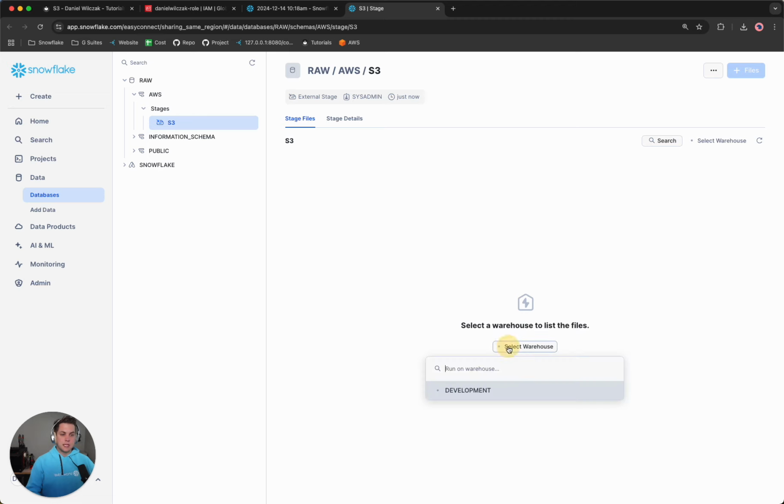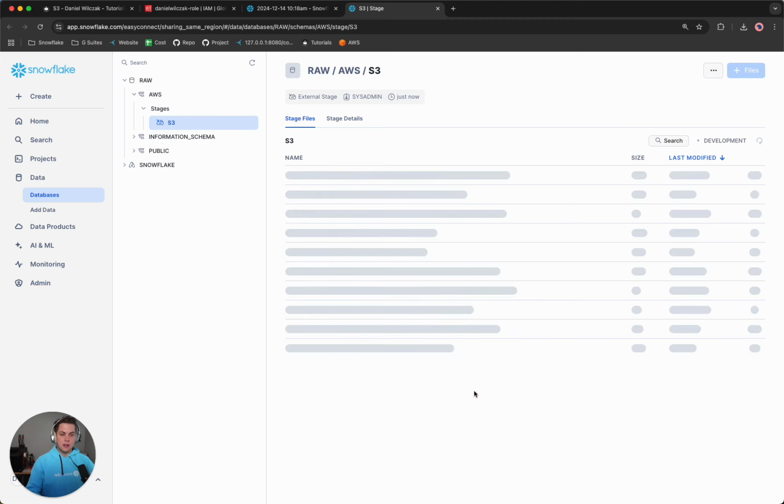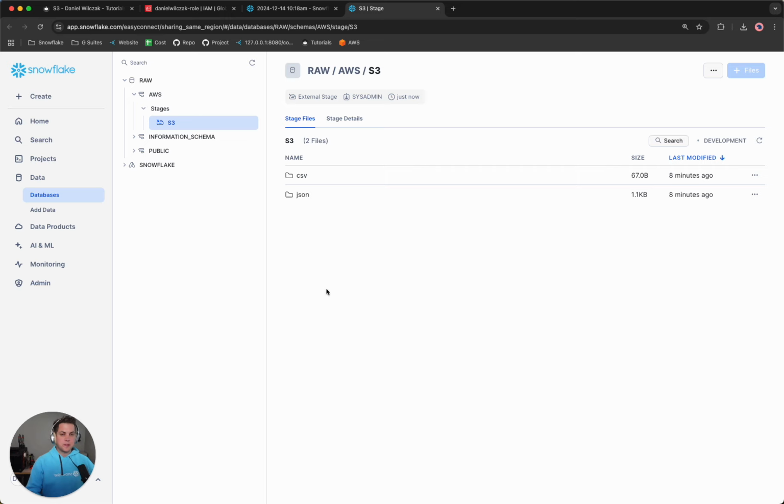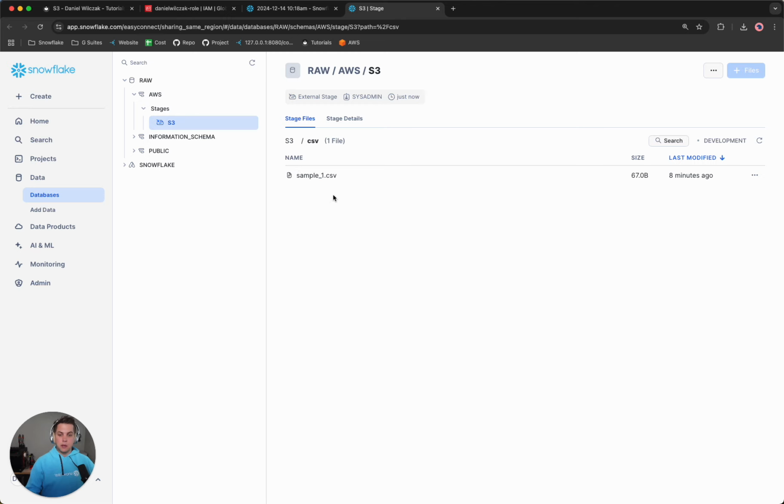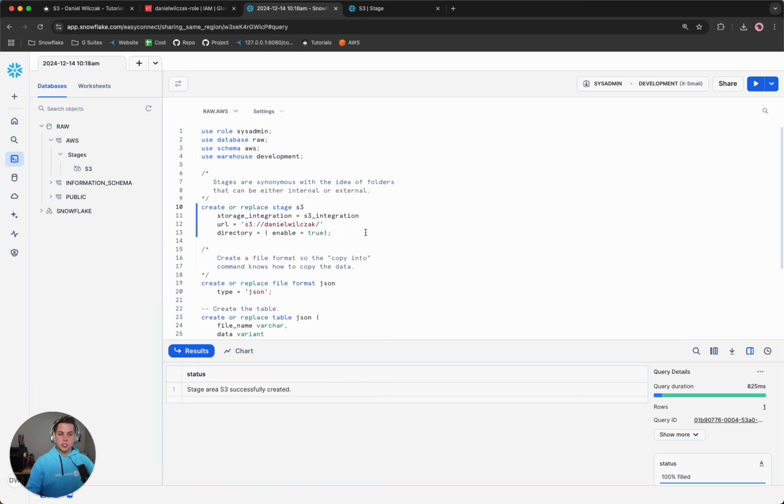we'll want to select a warehouse. So I'll select the development one. And then we'll notice we now can access that bucket from our Snowflake account. We can go in there, click on the folders, and be able to see the data. So great. So the next thing we'll want to do is head back to our worksheet and do the next